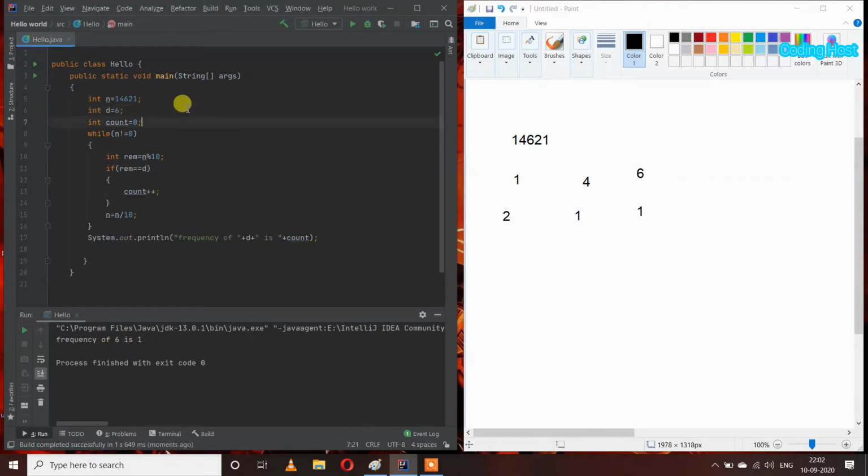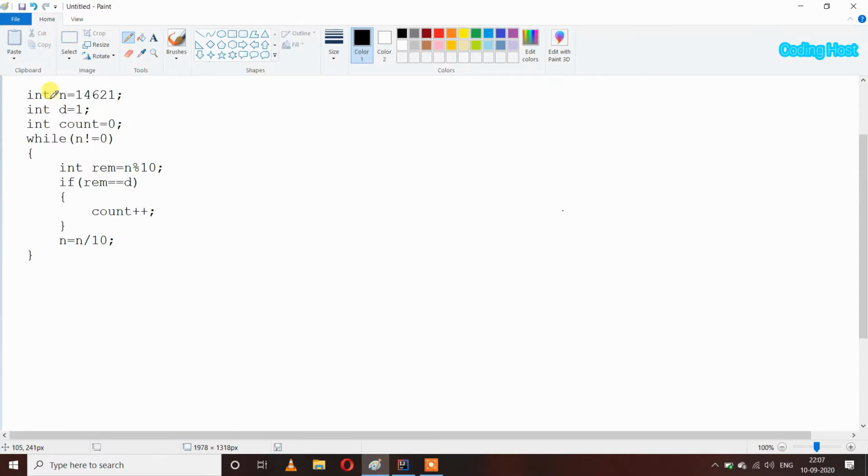So let's see how this program is working. Here I have taken int n equal to 14621, so the initial value of n is 14621. After that I have taken int d equal to 1, so d is our digit whose frequency we have to find out, so d is 1.